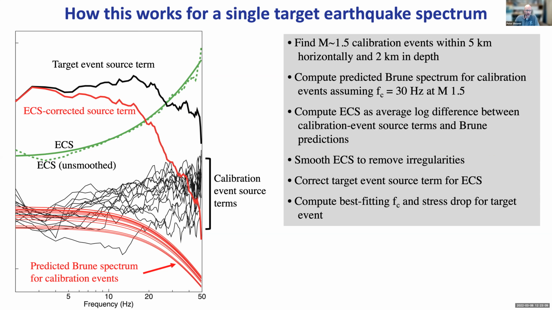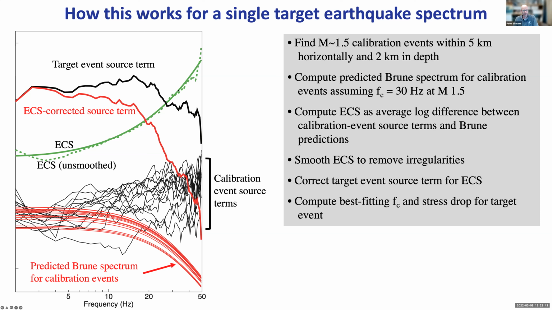Okay, so the way this works then is for each event that you want to compute the source spectrum for, this is from the spectral decomposition, you see this black curve, you then search for small events that are nearby. We look for ones within 5 kilometers horizontally, 2 kilometers in depth. Those are shown here. We say, okay, we know what their shape should be, shown as these red curves. So we're going to then compute our